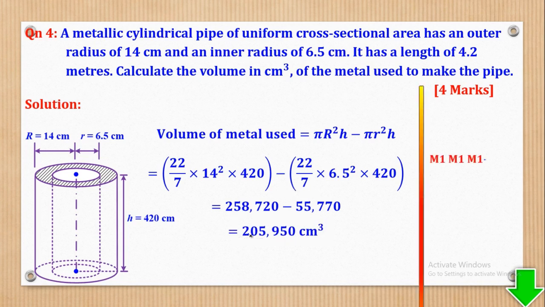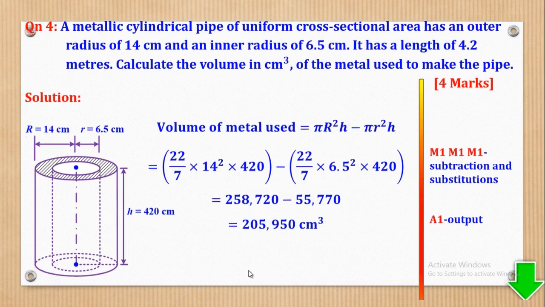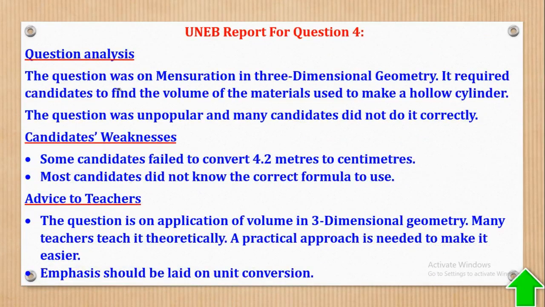So basically that's what they wanted, and now let's see how marks can be awarded. So 1M for the volume of the outer cylinder, another one for volume of the inner cylinder, another one for subtracting the two volumes, then lastly a one for the output. So this question was on mensuration in three-dimensional geometry. It required the candidates to find the volume of the material used to make a hollow